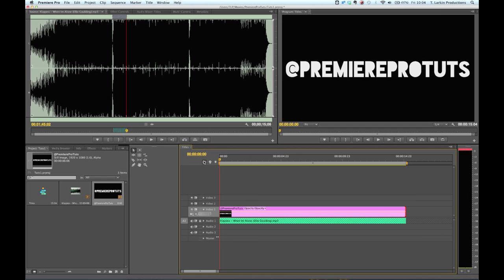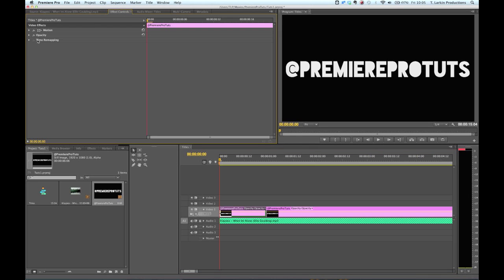So let's see. I think right here, when it drops, I'm just going to cut that, and let's see. What can I do with that? Okay, I have an idea. What I'm going to do is go into my effect controls. I'm going to twirl down my opacity, and I'm going to lay a keyframe down there,